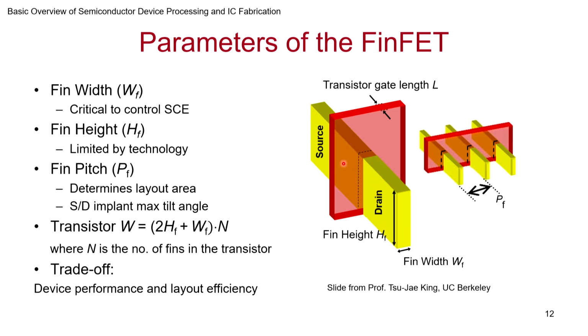Now there is something called a width of the fin, that is this. Remember that width of the fin is different from width of the transistor. Width of the transistor would be this length around it, whereas width of the fin is this. Height of the fin is this, and of course gate length. And there is another parameter that is very important, the pitch of the fin. What is the minimum distance at which you can put another fin to make a reliable transistor? Remember that there will be lots of bells and whistles that will come on this.